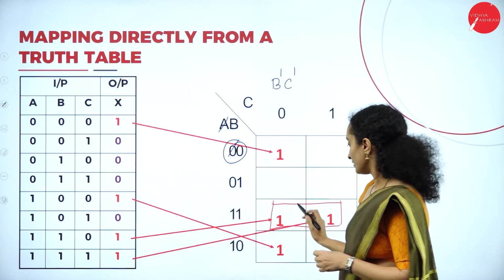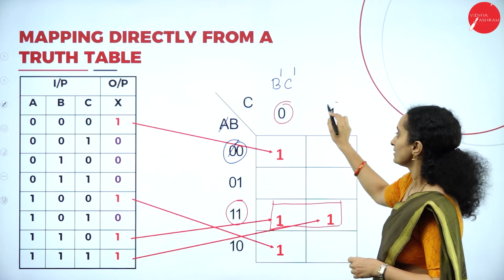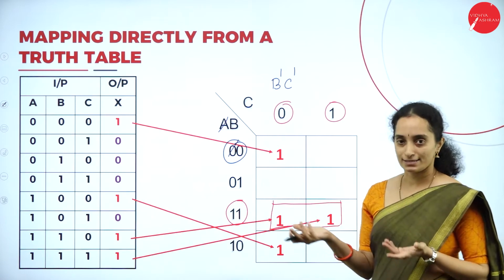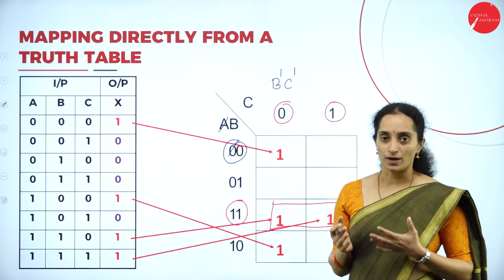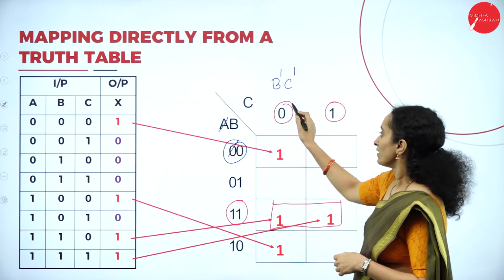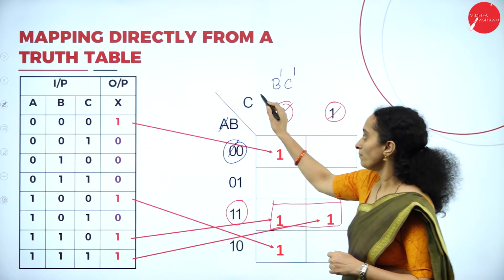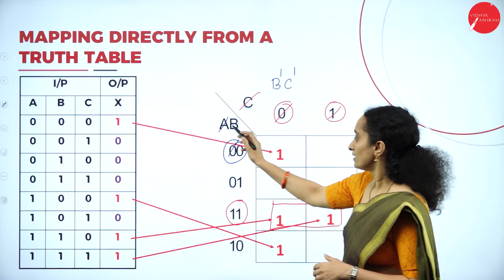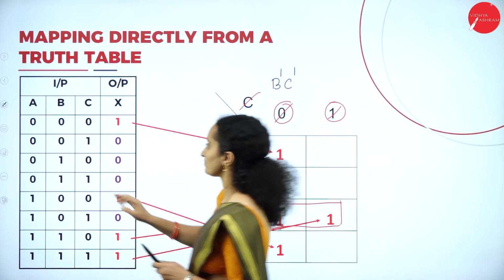When you consider this group, the variables you have to consider are these values. In this, there is nothing to compare with. Therefore, you can keep the ones as they are. Now, in C, you have both the complement and the non-complement form. What happens? C will be cancelled. What remains is A, B.